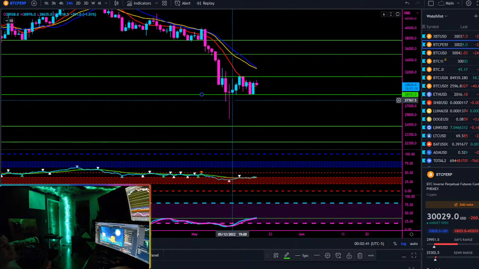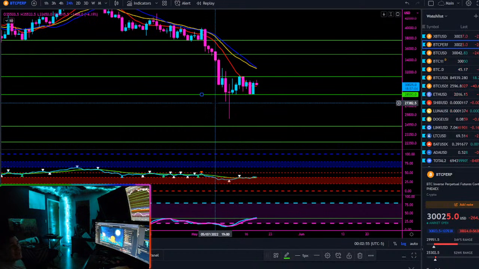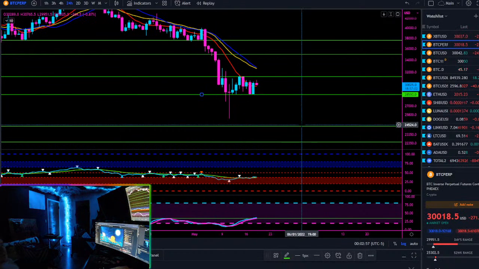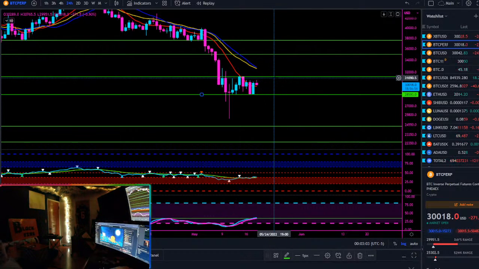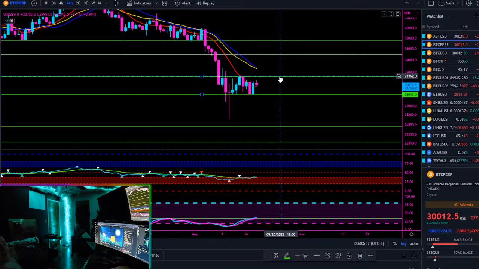So Bitcoin still ranging. Bitcoin still providing a lot of evidence that we see range continuation for a little while. And this one's clear cut and dry. Any open and closure below the bottom side of the range at 28,600 bucks, I'm going to be looking for continuation all the way down to, yep, you guessed it, 24,420. Any open and closure above tentative resistance that confirms new support above 31,350,